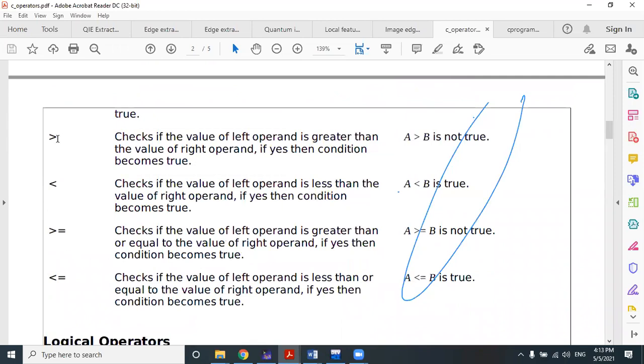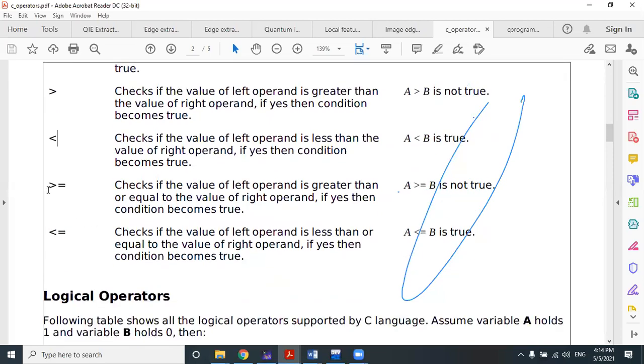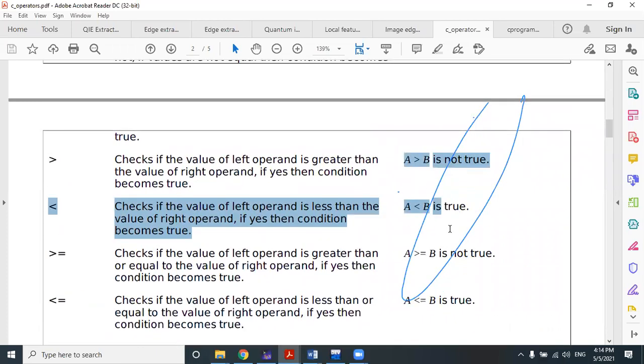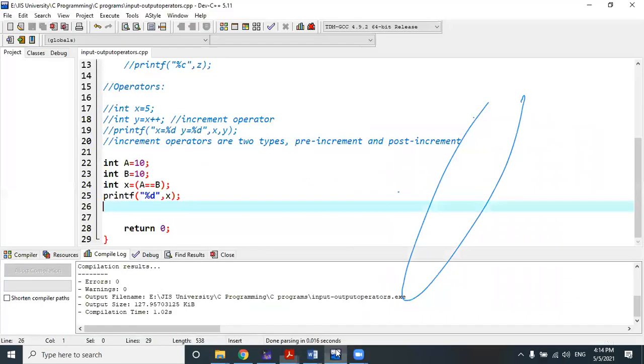Now the next relational operator is greater than, whether A is greater than B or not. Okay, we have already done several operations in our flow chart. While I will show you which one is the largest among two numbers, or the largest among three numbers, or smallest among three numbers, we actually use all these operators there. Okay, so less than for the less than operation, greater than equal to for the greater than equal to checking, and less than equal to for the less than equal to. The rest of the operators you should check at your home by doing such kind of program, whether it will return 1, 0 or not.